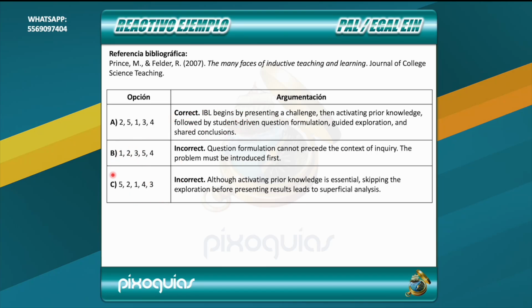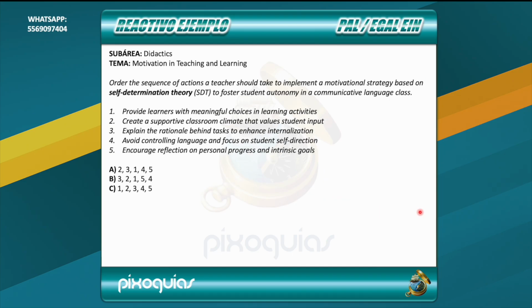While B and C are incorrect sequences because in B, question formulation cannot precede the context of inquiry and the problem must be introduced first. Well, sequence C is also incorrect because although activating prior knowledge is essential, skipping the exploration before presenting results leads to superficial analysis. And finally, we have this second example of an exercise of the sub-area Didactics with the topic Motivation